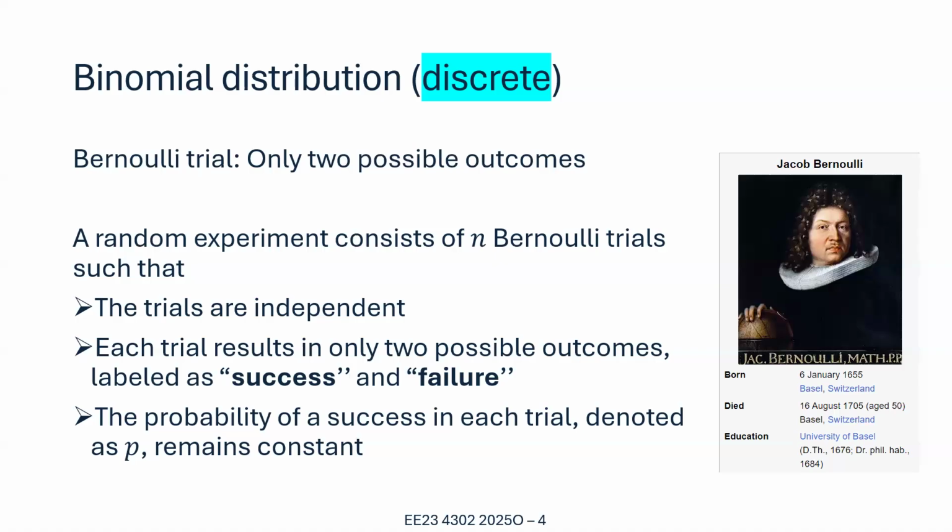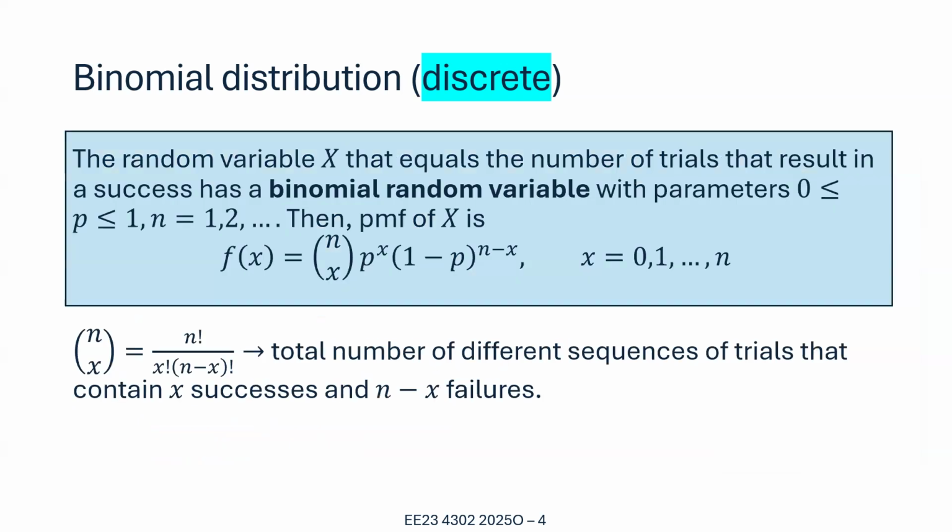And the probability of getting success and failure in each trial is the same, right? As long as the coin is not broken or something. And each trial here is supposed to be independent. So this is an experiment, like again, coin toss, or other yes/no trials, which result in either yes or no. So the binomial distribution here for the discrete random variable